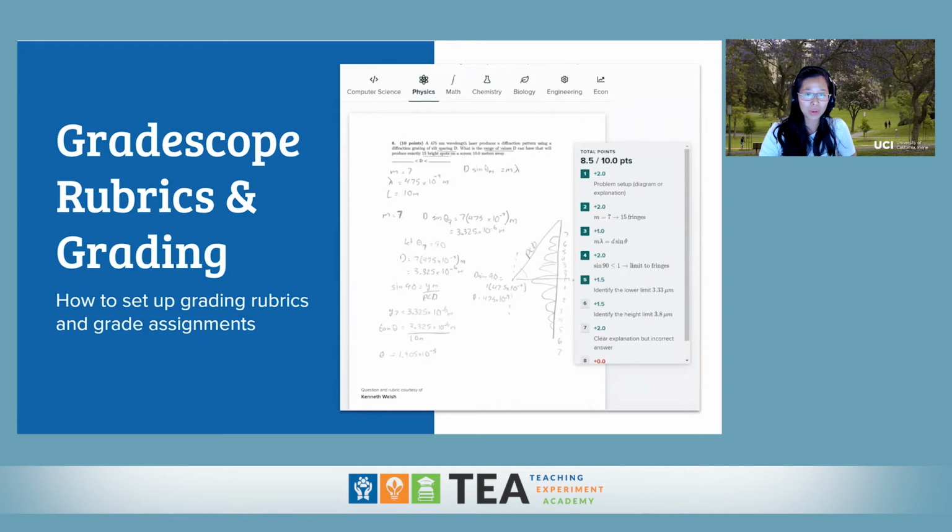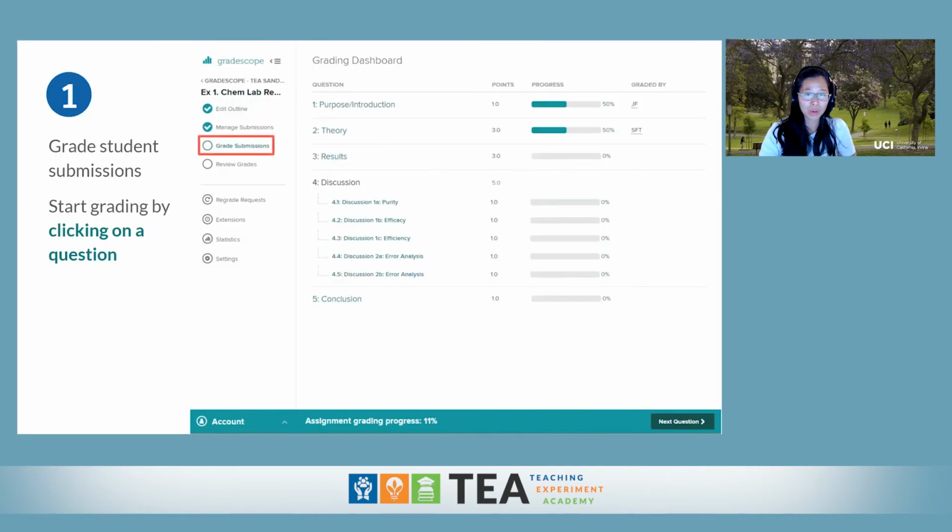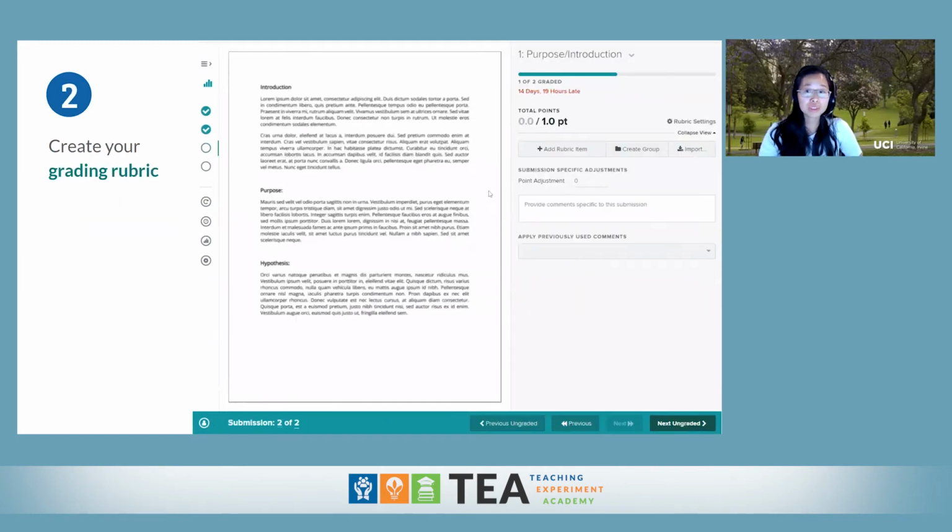So when you're ready to grade, you're going to click on this grade submissions tab. And then from your grading dashboard here, you'll see that question outline that you created, right? So then you'll click on a specific question, okay? And you'll be taken to a page where you can find the answer to that question, right? So once again, this is designated by the student. So it'll automatically jump you. If I clicked on question 2, it'll jump you directly to wherever the student indicated their question 2 is,